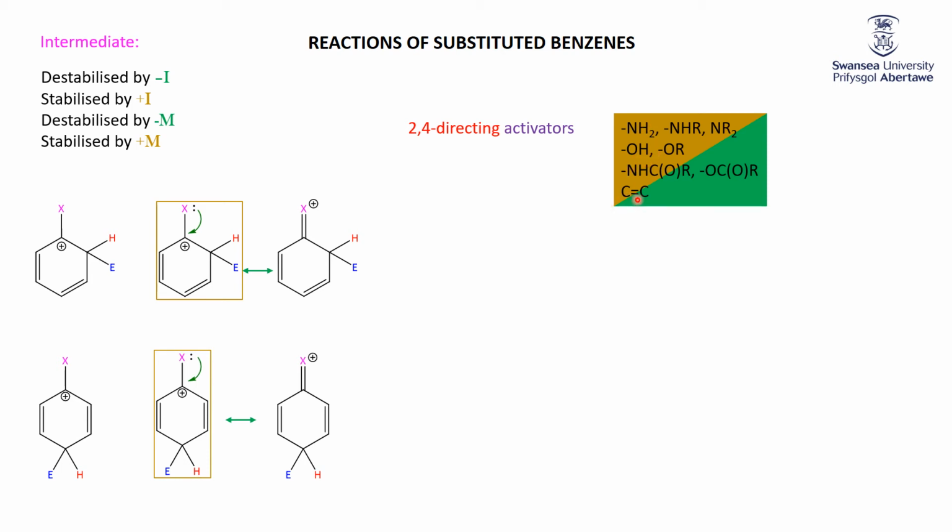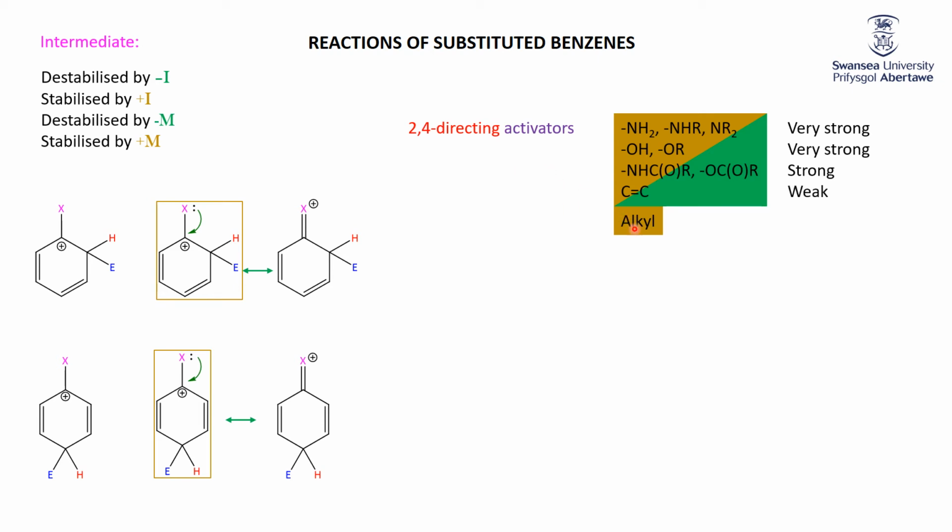The carbon-carbon double bond down here has both positive inductive and positive mesomeric, but its positive mesomeric isn't that big compared to the positive mesomeric you get from these. So when you've got a nitrogen coordinated, it is a very, very strong activator. When you've got an oxygen coordinated, it's very strong. When you have nitrogen or oxygen that are having extra inductive effects because they've got extra oxygen atoms there, those are only strong, and then the carbon-carbon double bond is